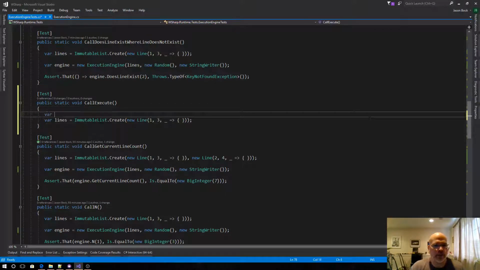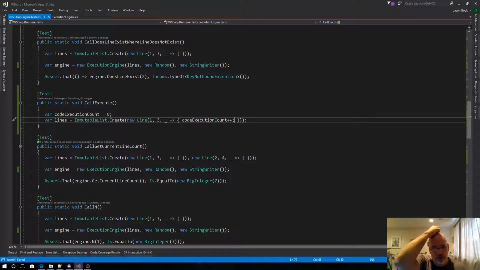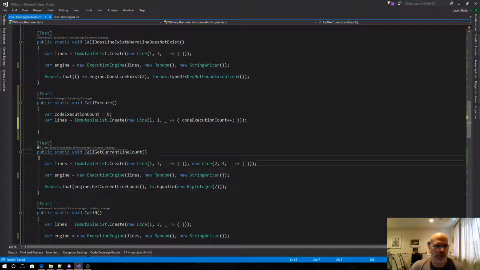Right, so we're going to capture a variable: was code executed. Actually, let's do code execution count. It's going to be 0 to start with. Now within here, we're going to do code execution count plus plus. So this will be our hook into did you actually call me or not. And all we need is one thing. So now if we pass this into the engine,